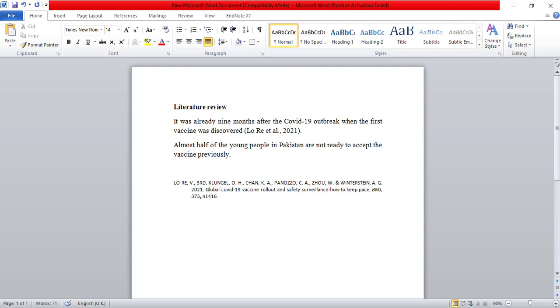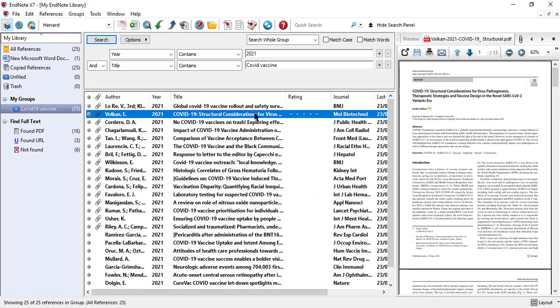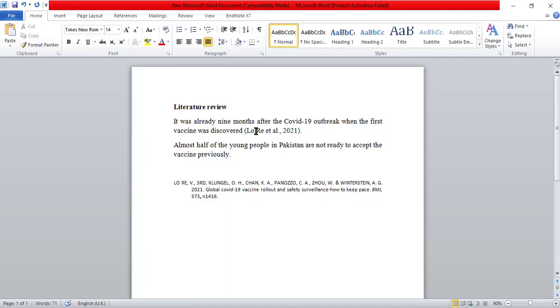Suppose this is the second sentence that I copied from this second article. Just imagine this is the second article where I have selected in the second article, and this is the second sentence I took from this second article, and I will keep the cursor here.